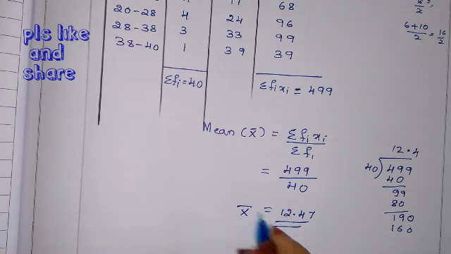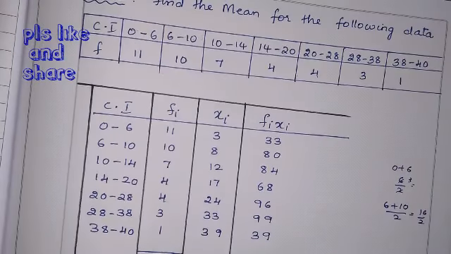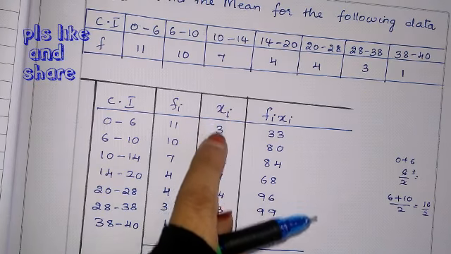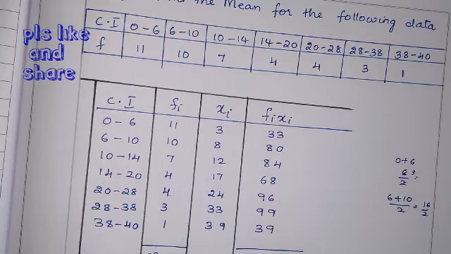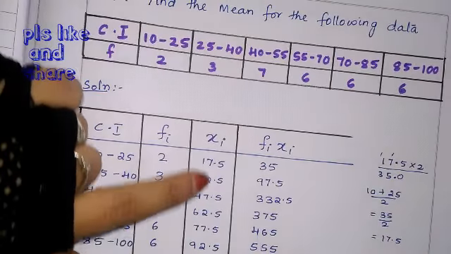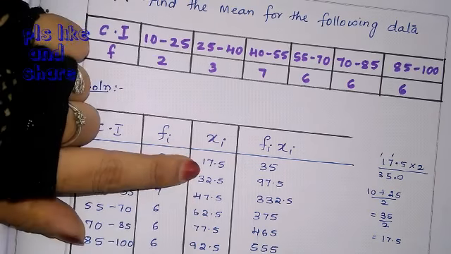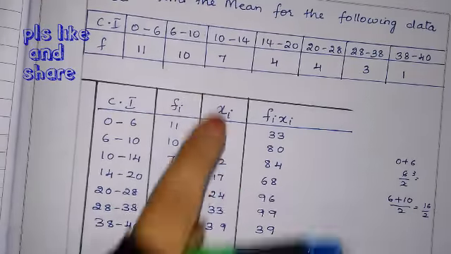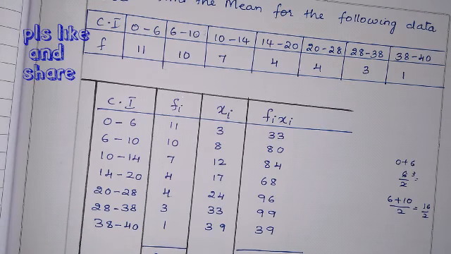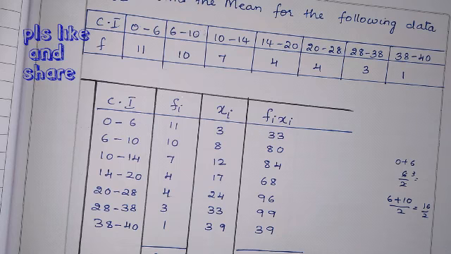This is the second method, in the sense, not a method, it is a different problem where the middle numbers are whole numbers. In the previous problem xi was a decimal number. If a decimal number comes also, we can do it easily. Here the middle number, that is xi, is a whole number. Okay, let me do one more problem based on mean.